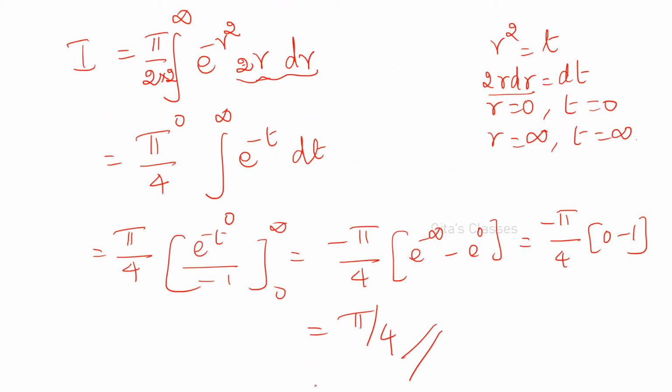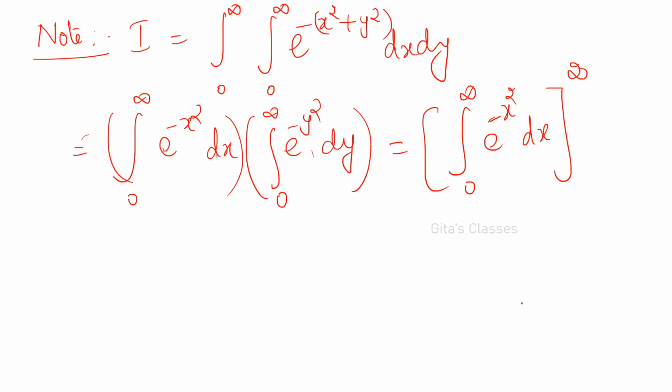So this is equal to, now I am going to take this as equation number 1. The given integral is pi by 4, we have found out. Let this be equation number 2. The same integral, we have proved that integral 0 to infinity e power minus x squared dx is equal to pi by 4. So from 1 and 2, we can conclude that